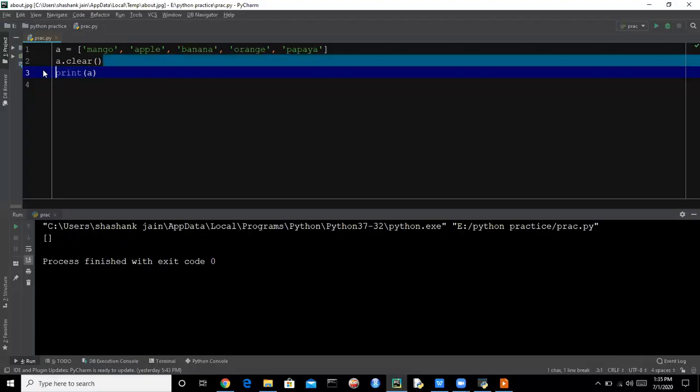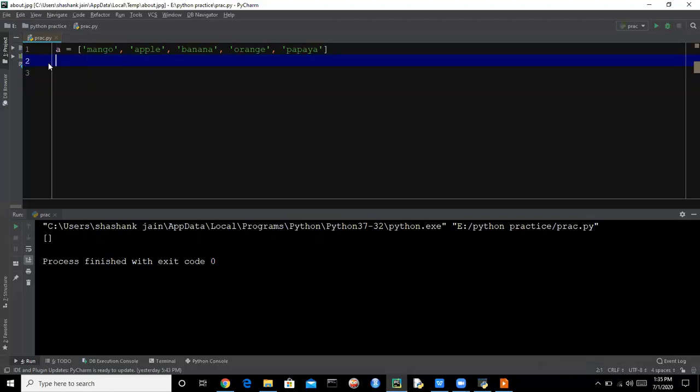The next function is the copy function. The copy function is used to create another list. So let's see an example. If you want to create a copy of a list, you can do this.